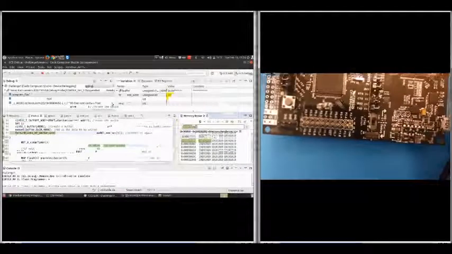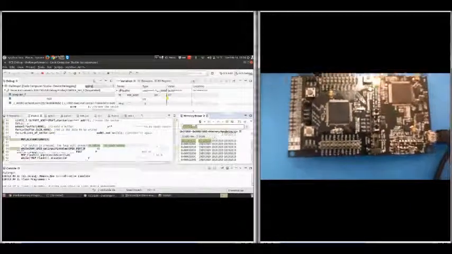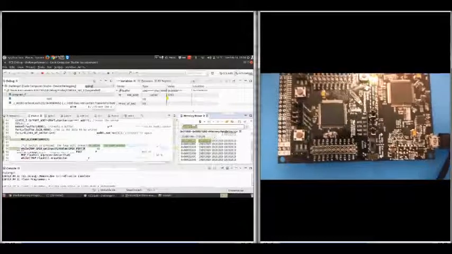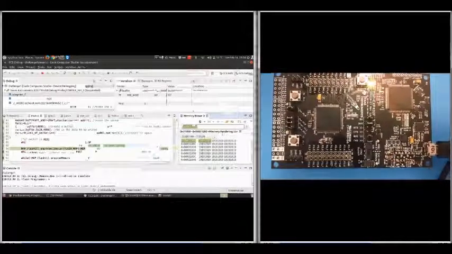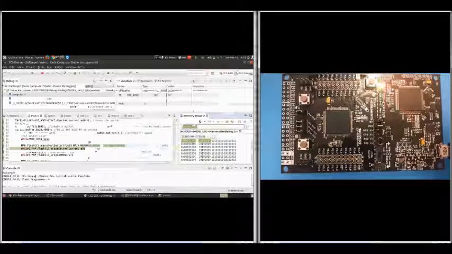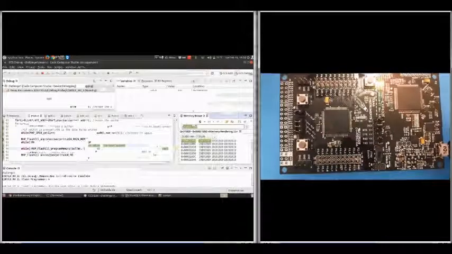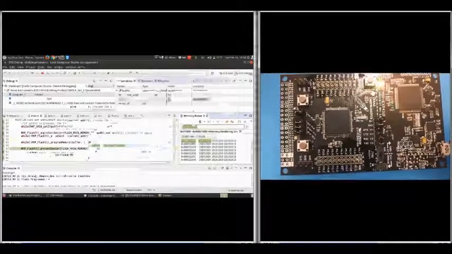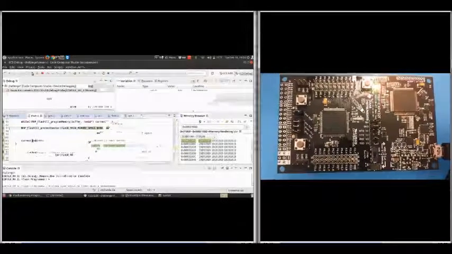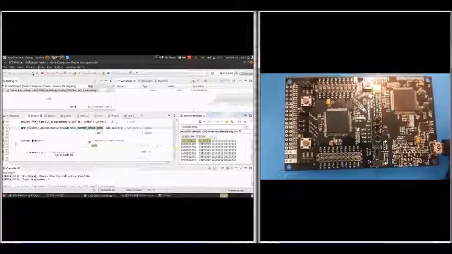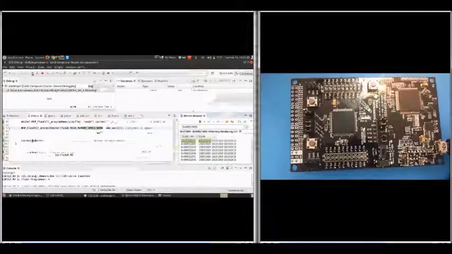I'll run up to 32. Right now the sector location is 24. Okay, so we can see that the end memory has also been programmed.